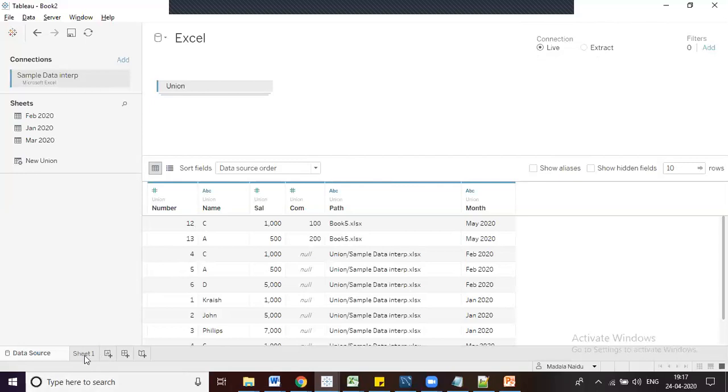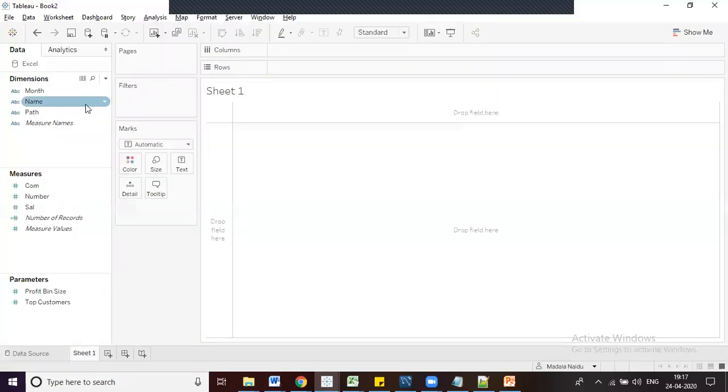Now you can observe here in the data source pane, Excel data source name with a single cylinder. A single cylinder represents a live connection, right?